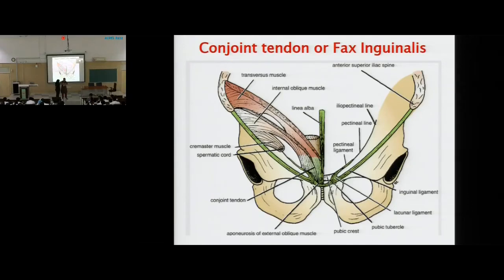In this way, the superficial inguinal ring is indirectly protected from the posterior side without hampering the structures which are traversing through this inguinal canal and coming up like this. Okay? Clear? Did they see it? They did not see it, very good. Now they will not tell unless they are asked, right?